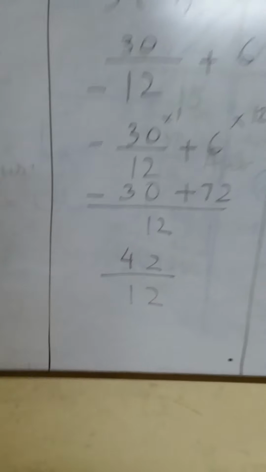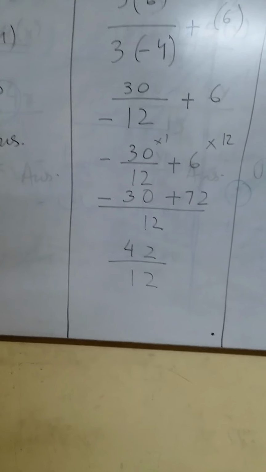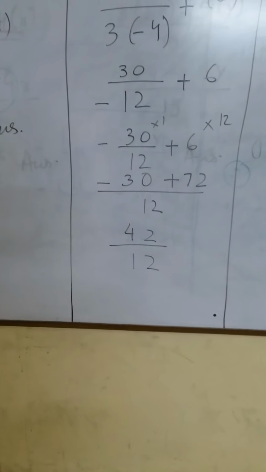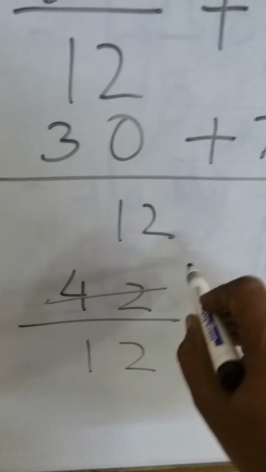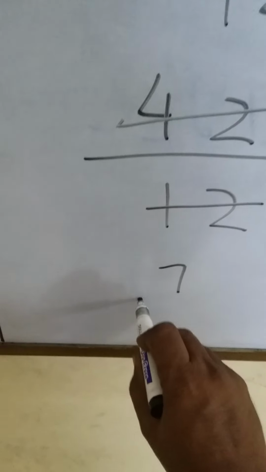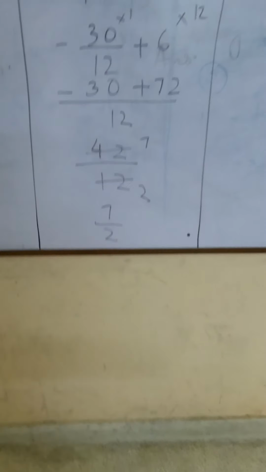Now at this stage we have to cancel these two values because they can be cancelled by a single table. Okay, so 6 7s is 42 and 6 2s is 12. So 7 upon 2 finally we got. Okay, and this fraction will be converted into a whole number, so it will become 3 whole 1 upon 2. This is your answer.